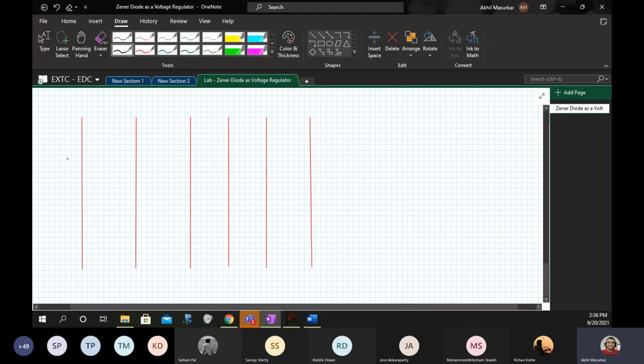So the first thing that you will write in the first column is for line regulation. Everything varies with the line voltage. So here we have line voltage, that is Vin. Now with Vin, we will check Vout, which is actually the voltage across the load.